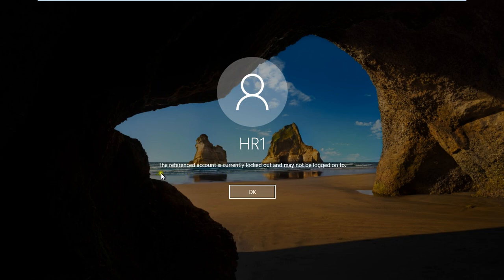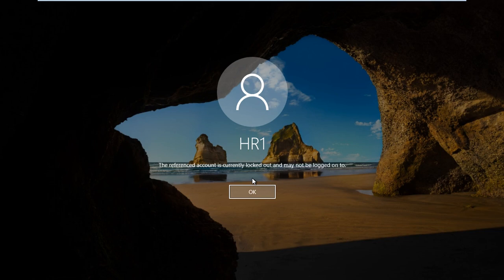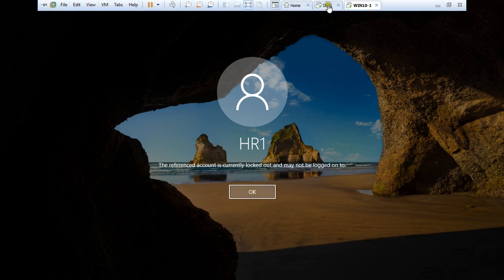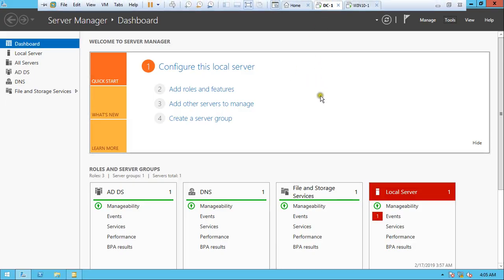See, now it says the referenced account is currently locked out and may not be logged into. Now if I try to put the correct password, this is the correct password I am using, and see, the account is locked out. Now what will happen? He has to wait 30 minutes, because his account is locked for 30 minutes.